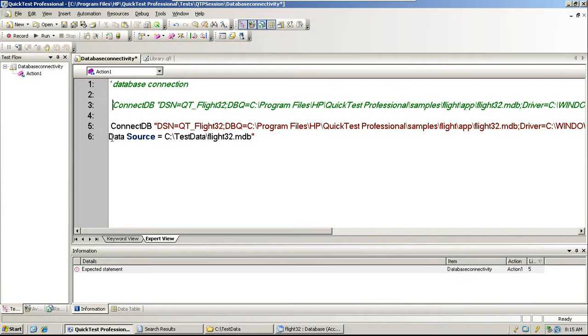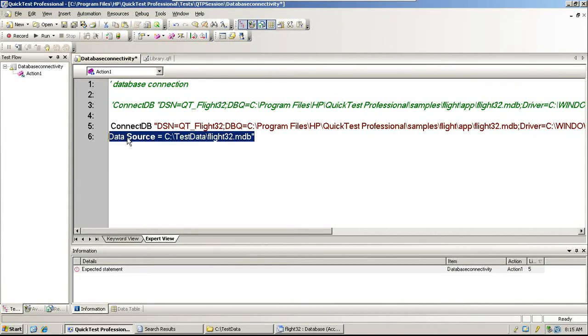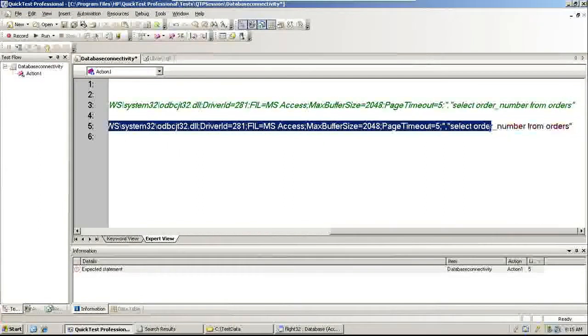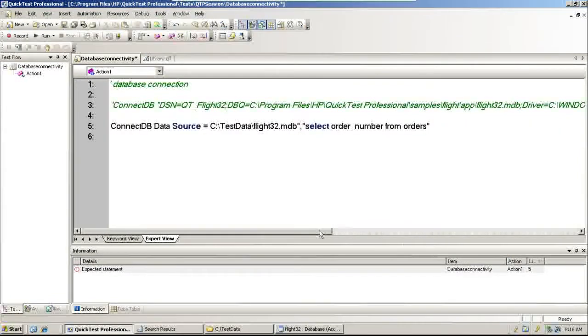Now I will use this data source here. So the default connection string is replaced by the local database path. Simply put it in quotes, starting quotes. Okay, that's it. Save it.